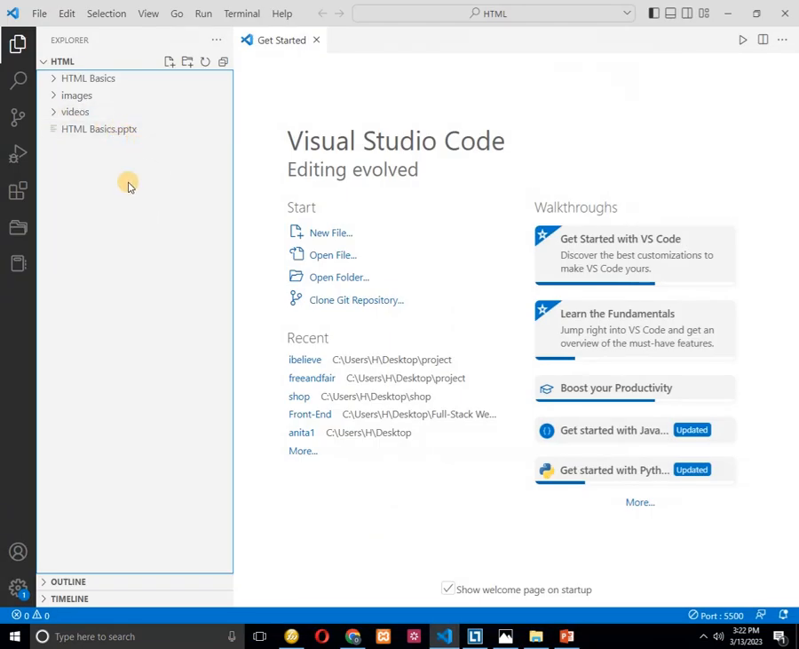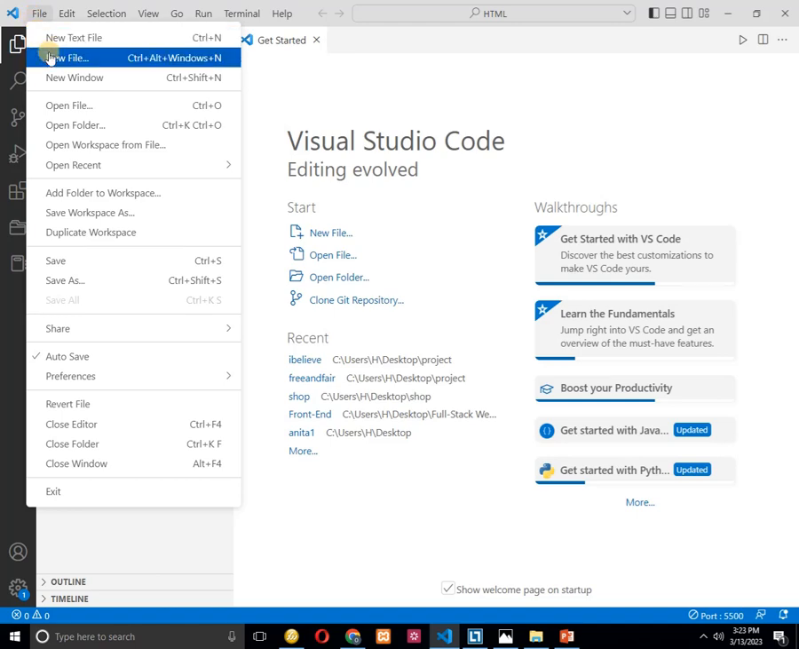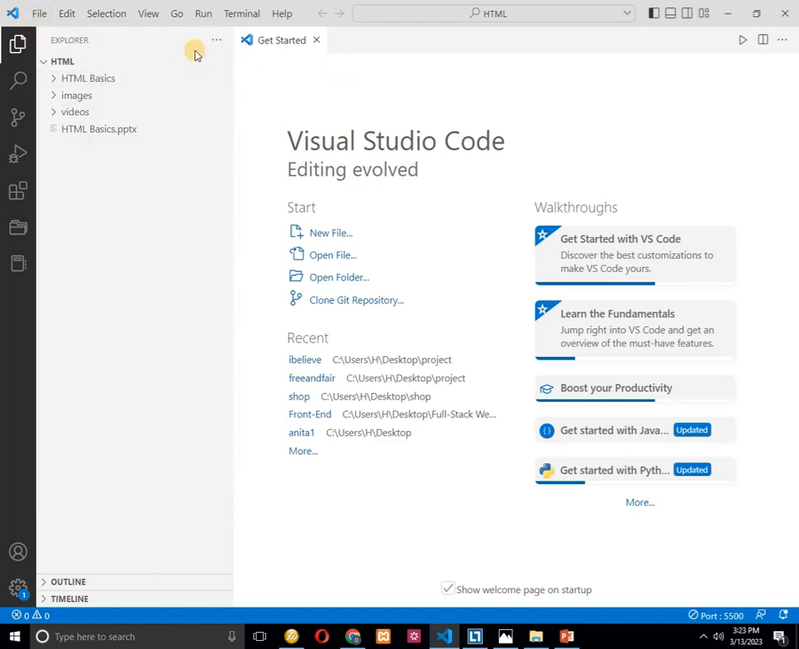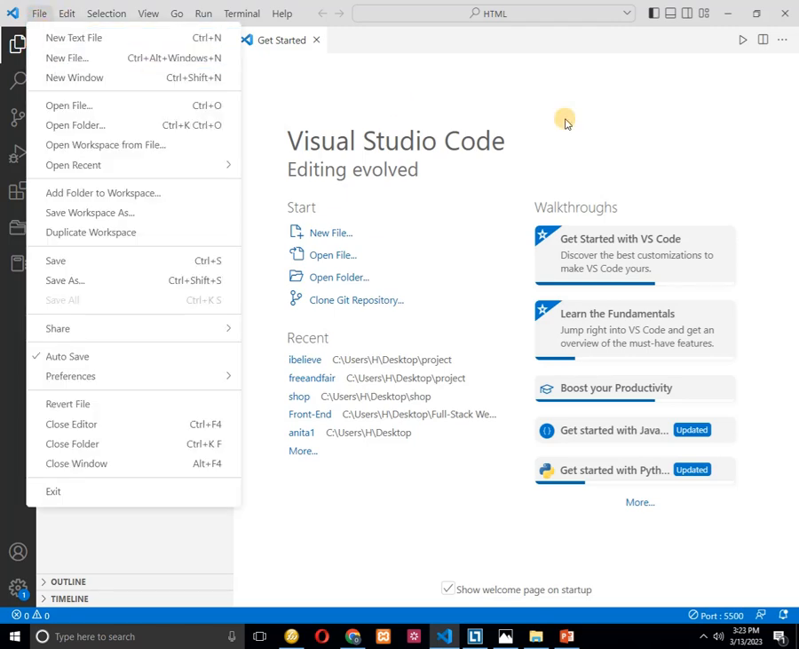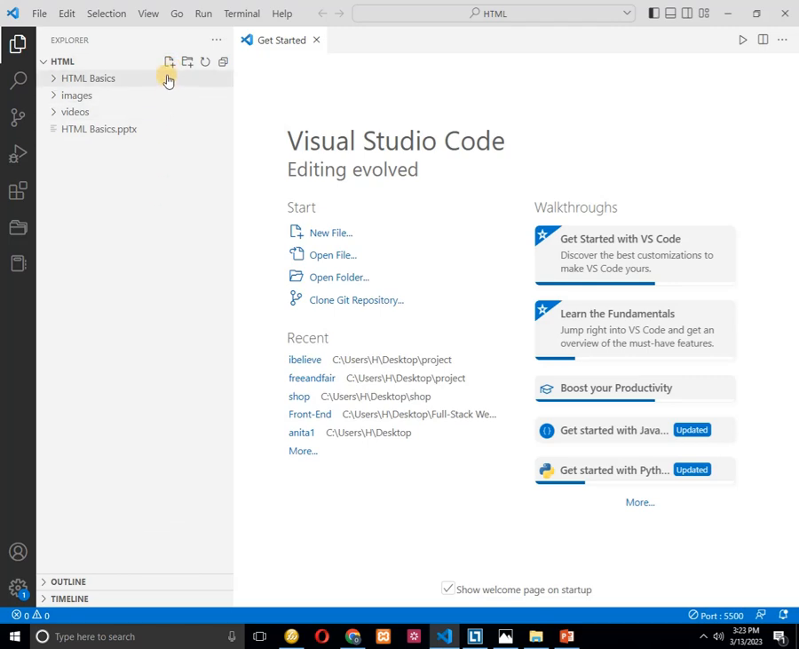So I'll open up my VS Code, then I will come over here where it says HTML. HTML is the name of my folder, and here where I have a plus sign, I will create a new file. So either I create a new file here, or I come here and create a new file. I prefer creating a new file here, but you can also click here. So I'll bring my mouse over here, click this plus sign to create a new file, and my first file will be